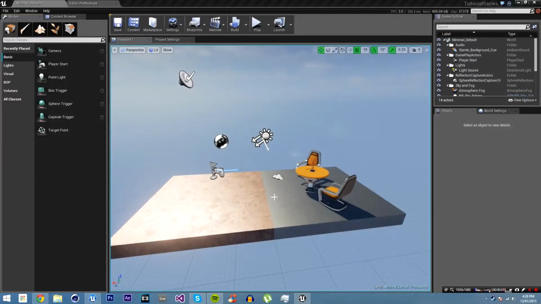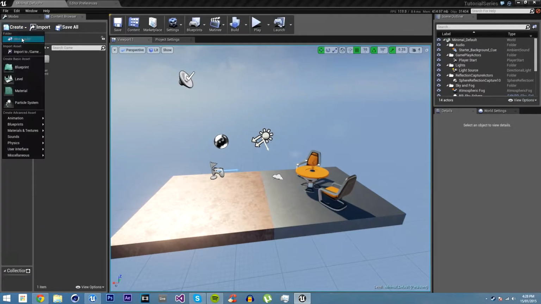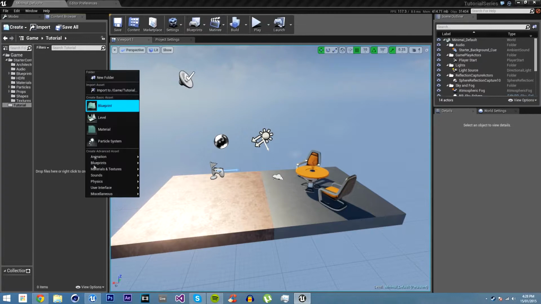Now, let's look through the various different types of assets that you can create in UE4. Go up to the Content Browser tab, and let's just go to Game, and we'll create a new folder. We'll call this Tutorial. In this tutorial, you can click on Create, or you can right click, and you can see all the different